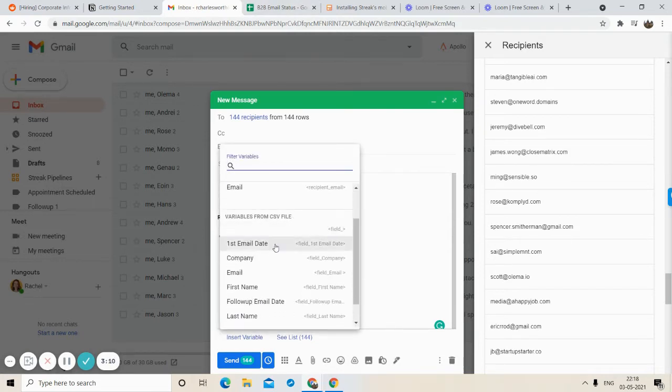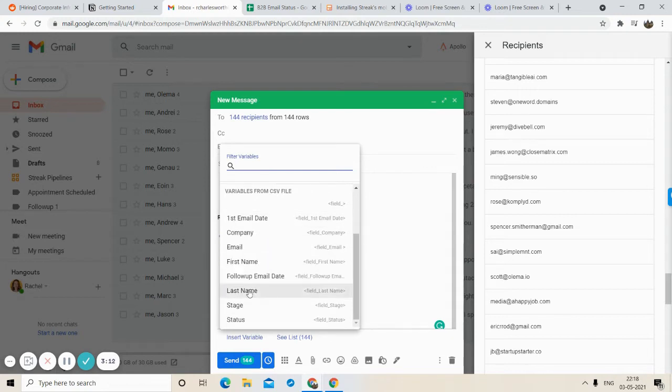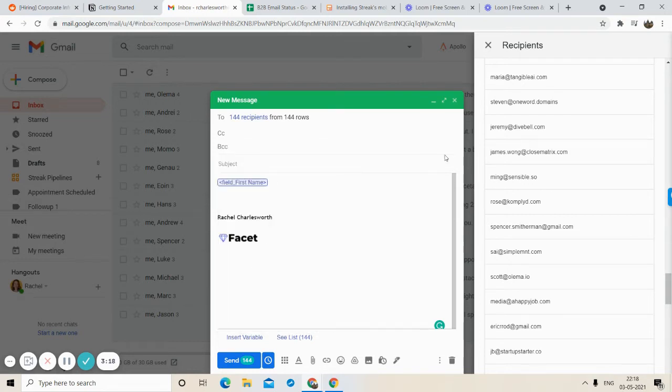So these variables are fetched from this CSV file only. I have to personalize it, so I will click on first name. For every email, it will take the first name of that person.